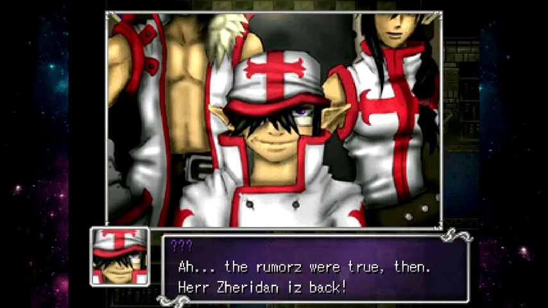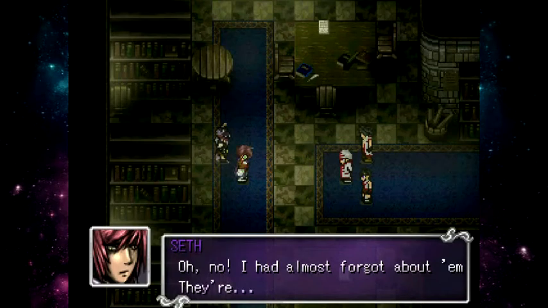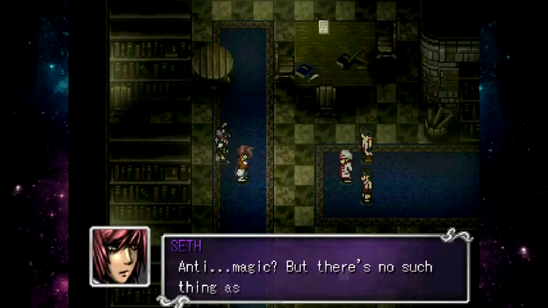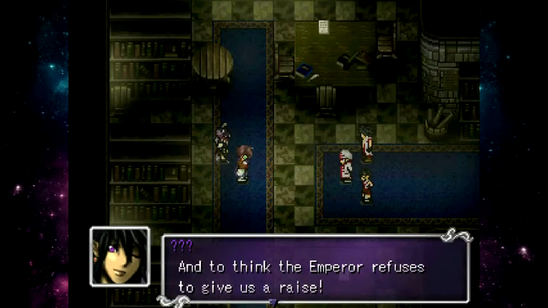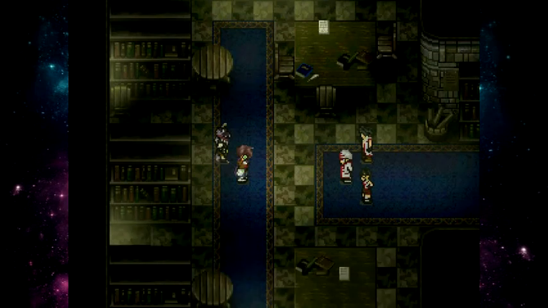The rumors were true then. Heard Zeridan is back. You know these people? Oh no, I almost forgot about them. We are the Magnificent Sabbath. That is correct. We are the Vanguard's anti-magic division. Anti-magic? But there's no such thing as magic in the world. Means we're good, no? And to think the Emperor refused to give us a raise? And actually, saying magic doesn't exist is not completely accurate. Up until a few thousands of years ago, it really existed. But as we all know, in the year...